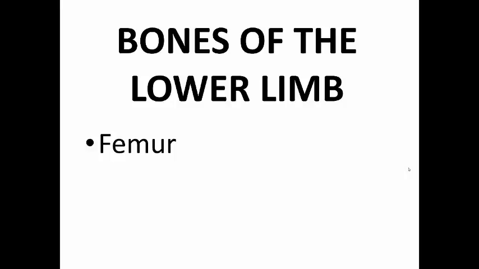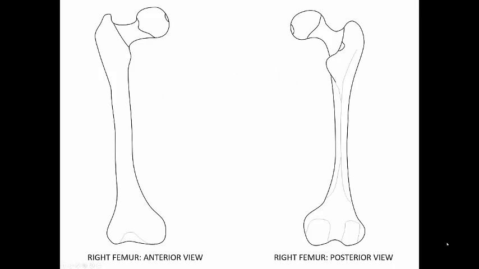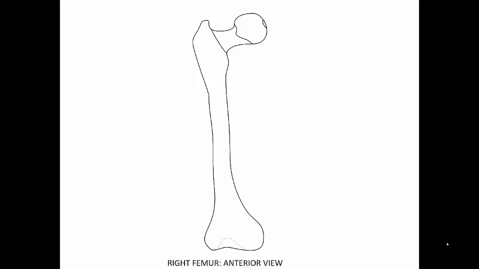The first bone that we find in the lower limb is the femur, located in the thigh. The femur is classified as a long bone and consists of proximal and distal ends with a shaft, or diaphysis, in between. We'll start by identifying the bony landmarks that can be visualized on the anterior view of the right